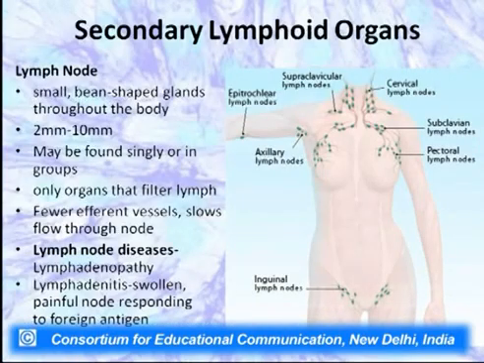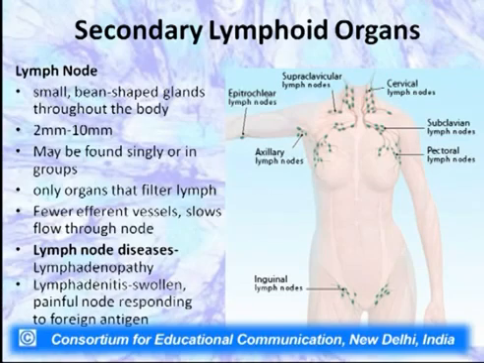Now, we also have lymph nodes, which are present as secondary lymphoid organs. These are very small bean shaped glands present throughout the body. They can be singly present or present in the form of chains, one after another, in a beaded form. They can be 2 mm to 10 mm depending. If you dissect a mouse or a rat, you will see that a mouse bred in the lab, for example albino mice bred in the lab,